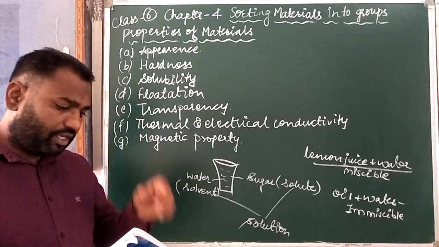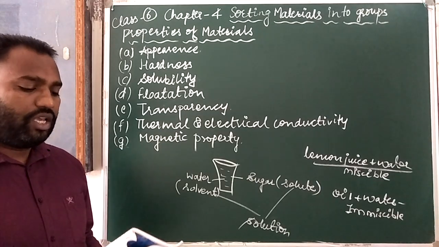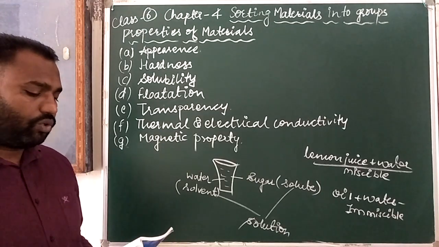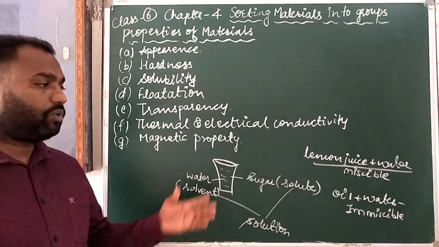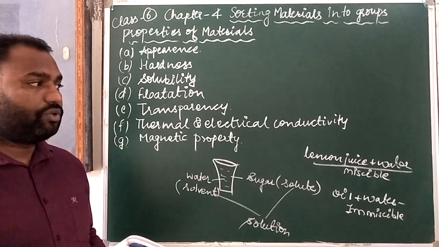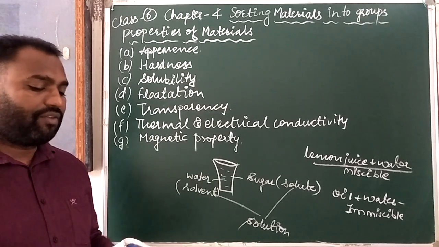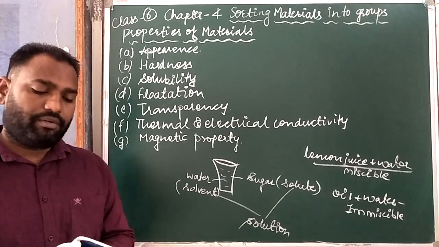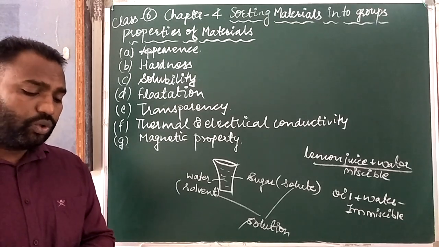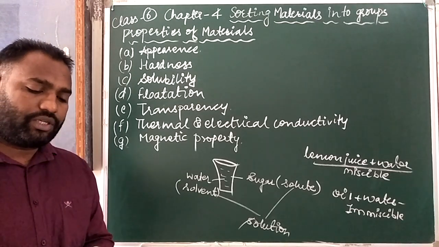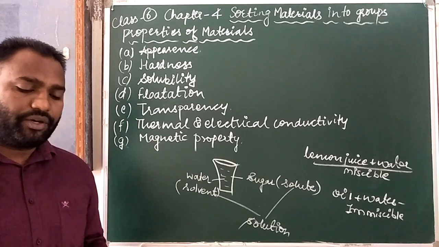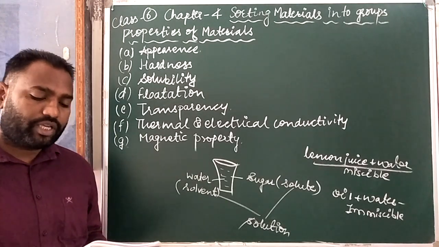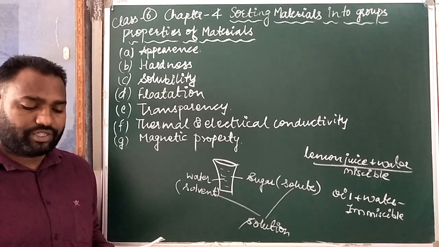Vinegar, lemon juice and glycerin are miscible with each other. In both cases, the solvent used is not water. Sometimes we cannot use water as the solvent; vinegar and lemon juice can also be mixed with each other. Cooking oil, kerosene oil, petrol, etc. do not dissolve in water. They separate into two distinct layers when kept undisturbed for some time. The liquids which do not mix with each other are known as immiscible liquids.